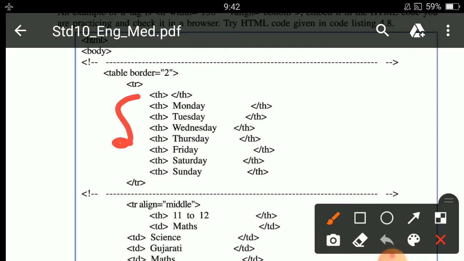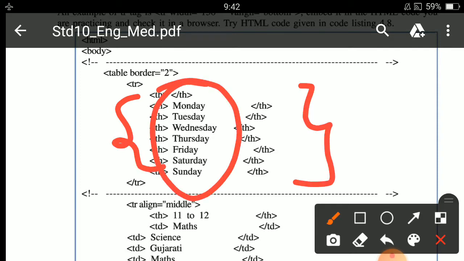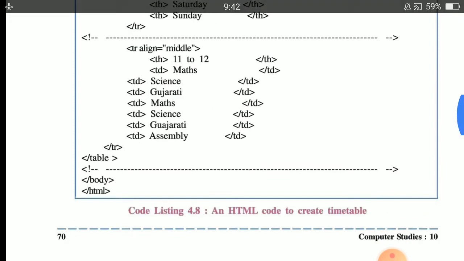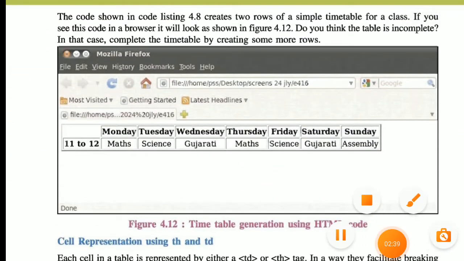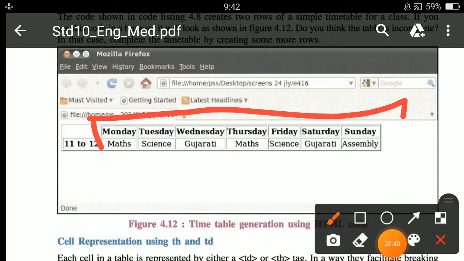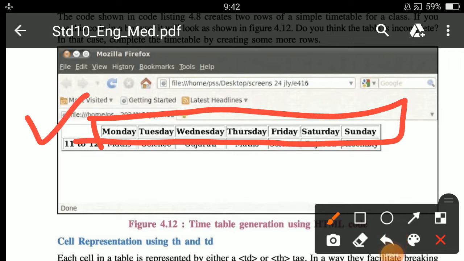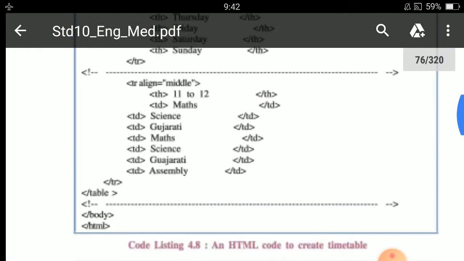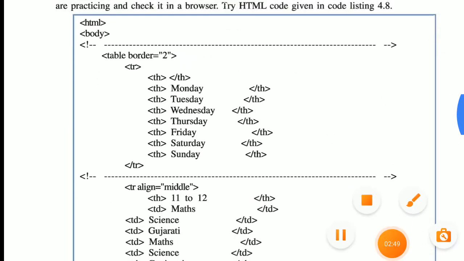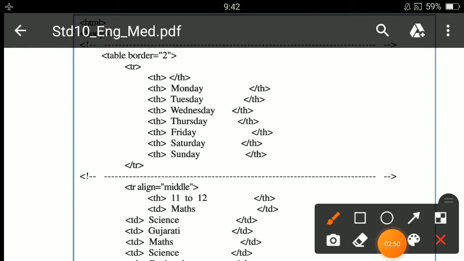Now in between th and slash th, here I have specified days from Monday to Sunday. See here th means table heading. So here after making tr, we have to specify Monday to Sunday in between th and slash th. So th Monday slash th, th Tuesday slash th, th Wednesday slash th, up to Sunday, and then after we have to close which tag? Slash tr tag.